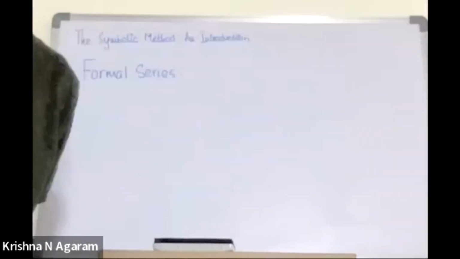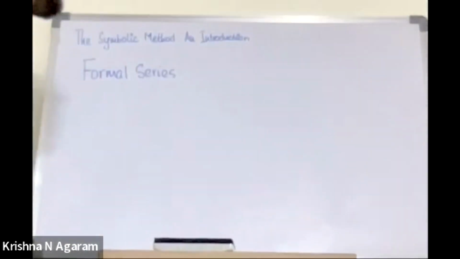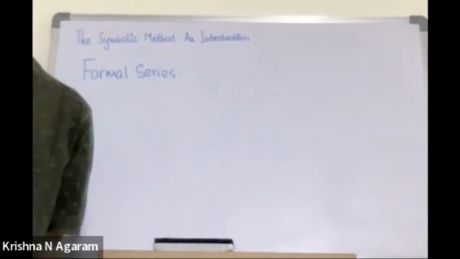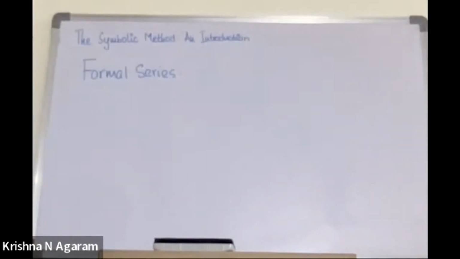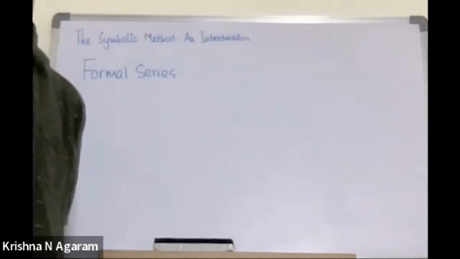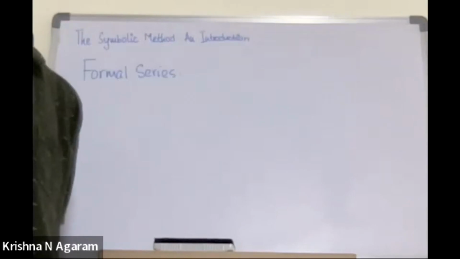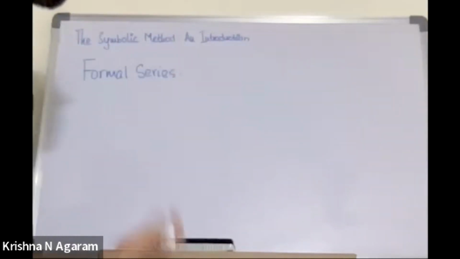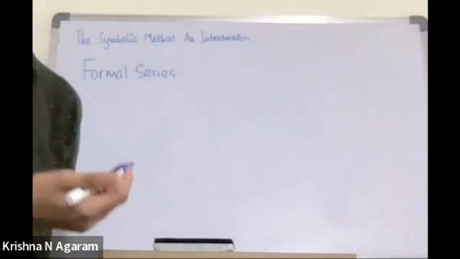Okay, so hello everybody. I am Krishna, and today we'll be looking at possibly one of the most spectacular methods or approaches to looking at combinatorics. The main thing that's good about this method, the symbolic method, and in general, the field is called analytic combinatorics,